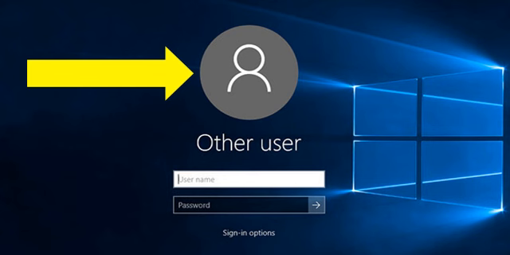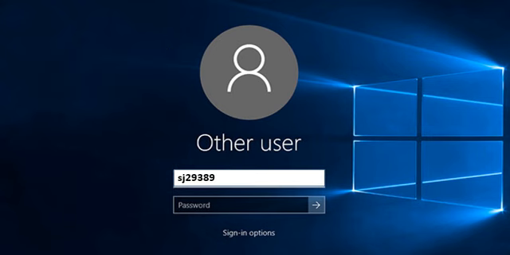So in the top box, you need to tap in the box and it wants your username. Your username is how the computer knows who you are. It wants you to enter in 2 letters and 5 numbers. The 2 letters are from your first name and last name, the first letters of each. So in this example, S, J, and then 5 digits. Then you need to